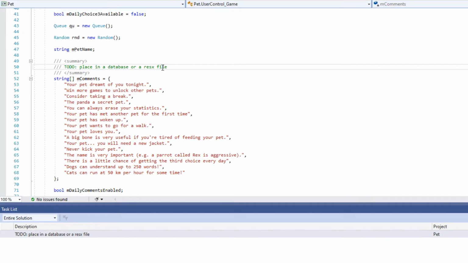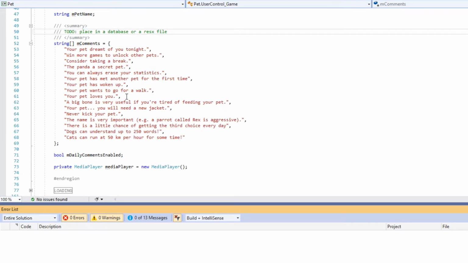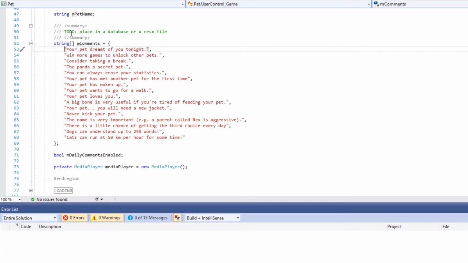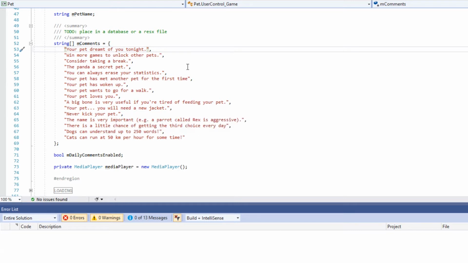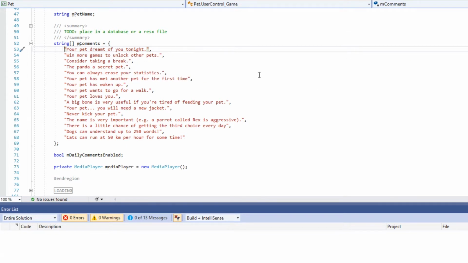There are 4 different options on how to handle this one. The first one is the embedded way, which is a lazy approach. It means leave it as it is, hard code it right in between our code. But this does not look very nice. The second way is the open and user-friendly way, and it means using text files like txt or ini. The third way would be to use a database, but actually I don't think it is justified because we only have one field of a table, the comment itself. We don't have any other fields, and of course we don't have any relations with other tables.